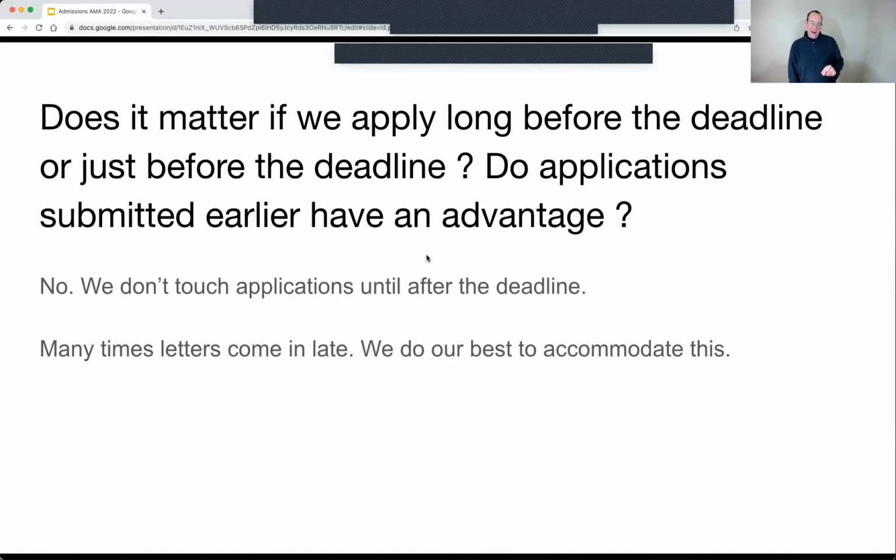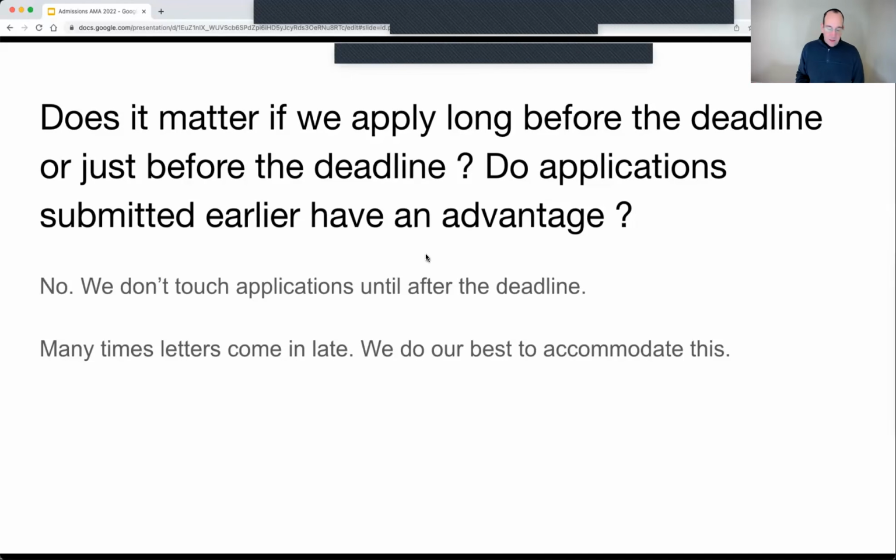We also are aware, and I'm sure this stresses you out, that many of your letter writers submit their letters late. We know this happens every year. We do our best to accommodate this. If we look at your application and it's incomplete because it's missing a letter, we will set it aside, put it at the end of our queue, and come back to it so that we have a chance to get the letter. If we get back to it and the letter is still not there and it's an important letter, right? Not all your letters are actually important. If it's from your main research advisor, that's important. If it's from someone whose class you took, we know it's not really going to contain useful information for us.